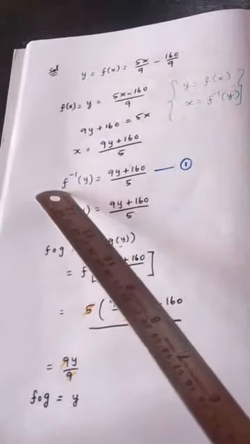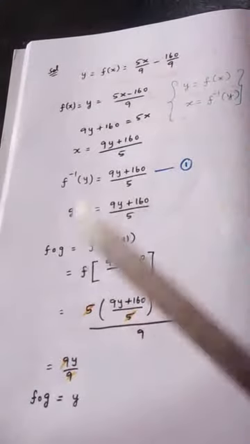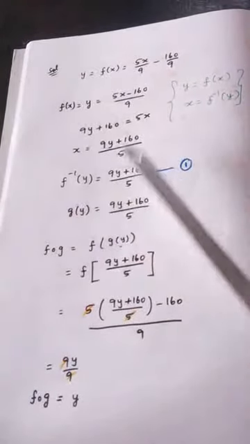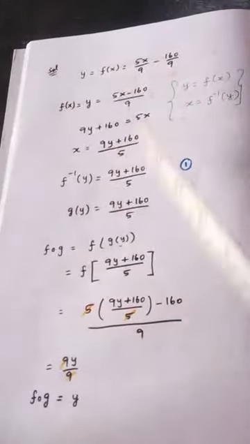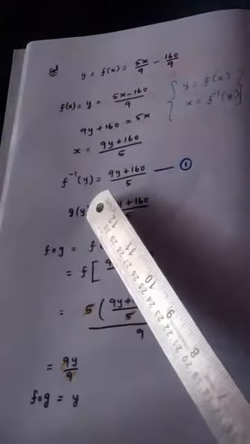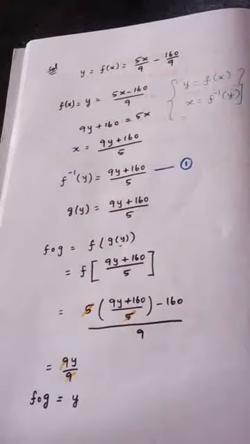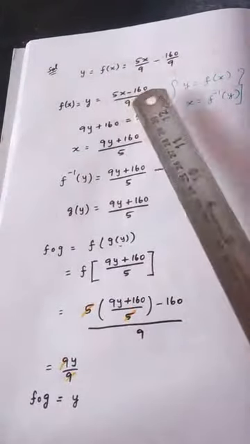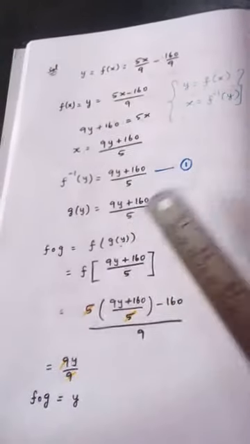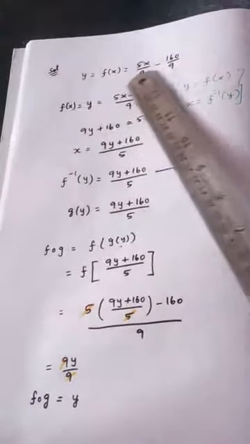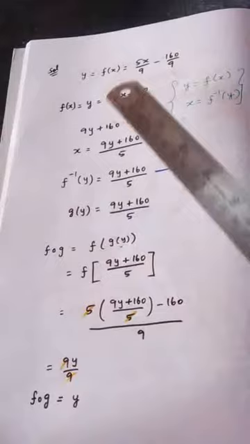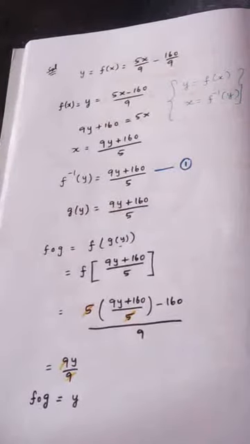So instead of writing f inverse of y, what am I naming it? I am naming it as g of y. It is a function of y. Just as we named y as f of x, similarly f inverse of y is renamed as g of y. g of y means a function of y. So if I come from the beginning, we started from y. Now we got g of y. Or even I can say like this, f of x was given to us, we simplified and we found out g of y. So now we know both f of x and g of y. Now we can go for those two conditions.